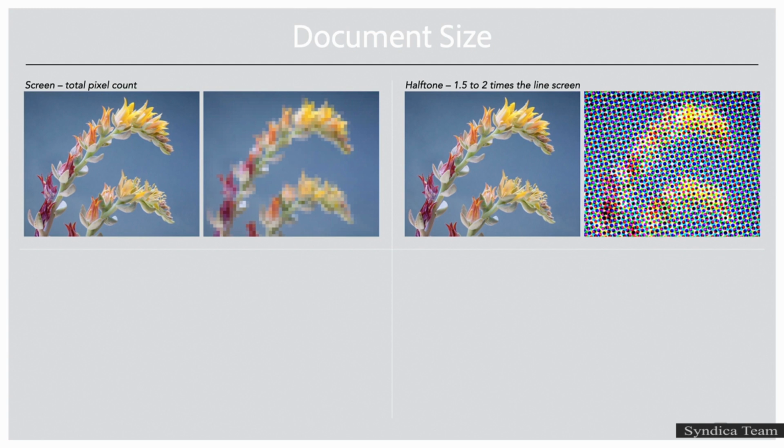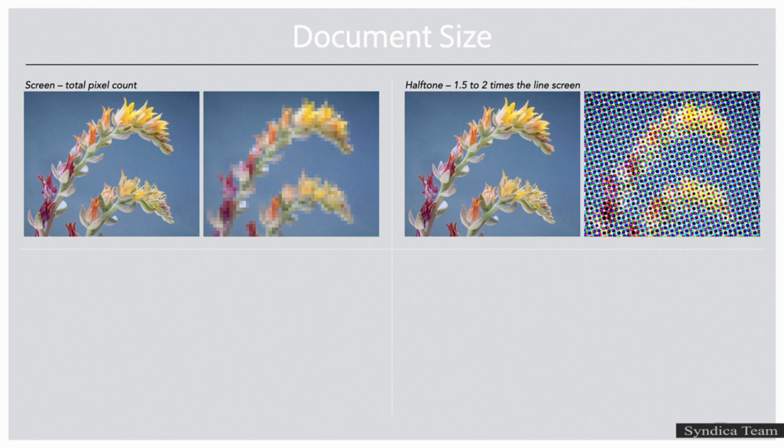And this is due to, in part, what's called dot gain. So when you print on a lower quality paper, the ink tends to spread when it hits that paper, and the dots tend to bleed into one another. If we look at a newspaper as an example, because of the coarseness of that paper, you can't print with a really high line screen because the dot gain makes it difficult to hold the details. So you might be limited, for example, to an 85 line screen for a low quality paper. Whereas if you're printing to a high-end paper for a high quality fine art book or something, you might be able to print as high as a 300 line screen.